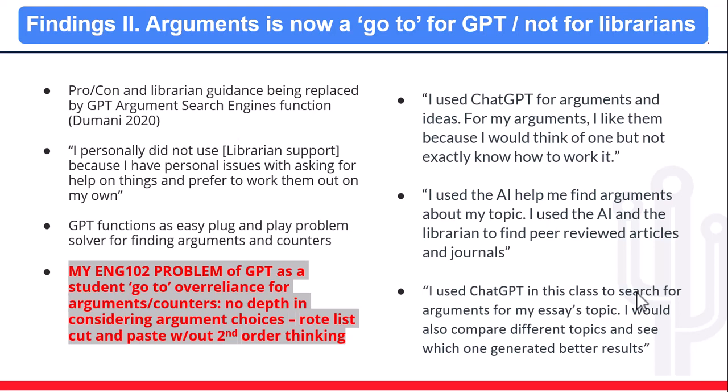counters, and arguments enabled by GPT that, because of its smoothness, because of its overall apparent successful results, created a bit of over-reliance, similar to how Google first page of results did when the search engines joined in. This kind of over-reliance was a go-to for students. So students were going to find arguments and counters by GPT with little desire to use librarians or even any other stop and think methodology when finding lists towards writing papers.